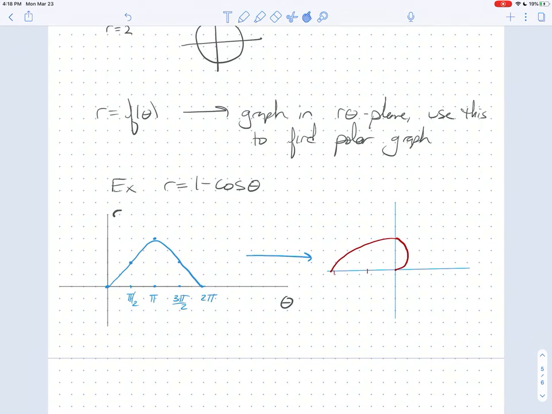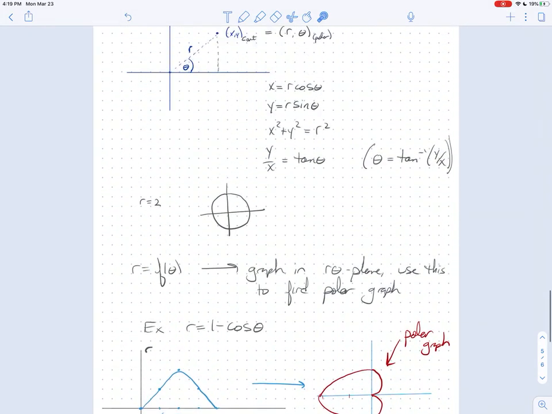All right. Now, as theta swings from pi down to 3 pi halves, r is going from 2 back to 1. So I'm going to arc something like this. And then as theta swings from 3 pi halves back up to pi halves, I'm going to go from 1 to 0. And so I actually trace out a cardioid. So this is actually the true polar graph, but you can use this graph over here in the R theta plane to get that. So hopefully that helps. Make sure that you know these 4 equations. Those are absolutely imperative. And then we'll practice this some more as we dive into